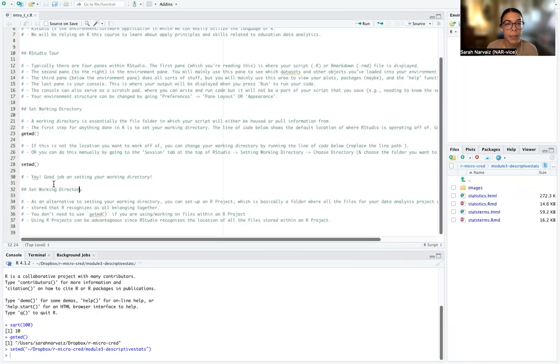Okay, another option instead of setting your working directory, or telling R where you want to pull files from. There are two ways to do this. One is to set your working directory, which we just went over. You can check your working directory and then you can set your working directory. Another option for telling R where you want to pull your files and information from is to set up